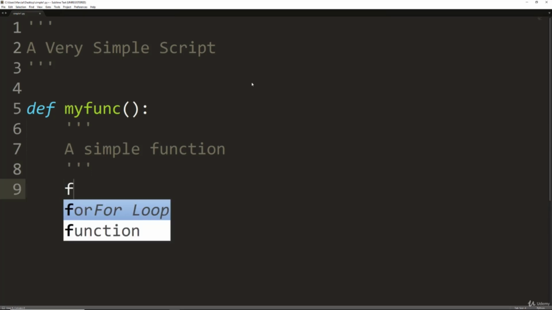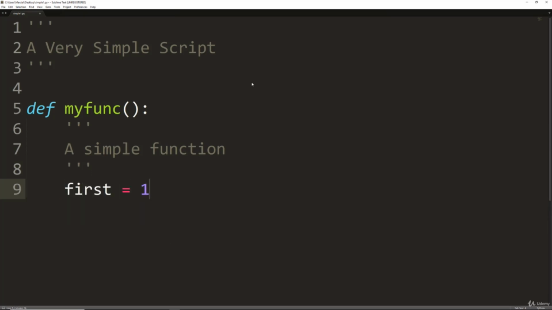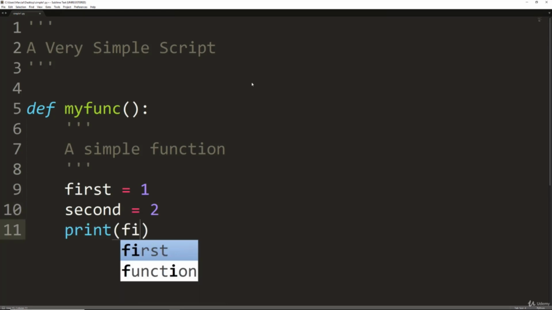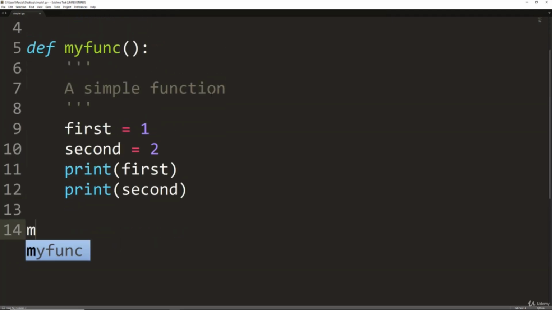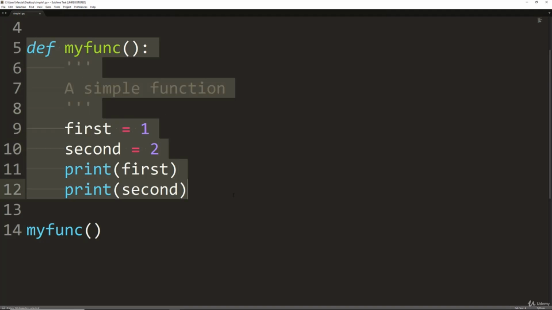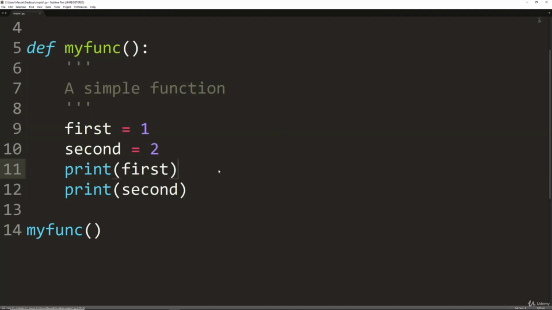And then let's actually create two new variable names. First is equal to 1 and second is equal to 2, because usually you don't want to use just a single letter as a variable name. And then we'll print out first. And then we're going to print out second here. And at the end of this, we're going to actually execute myfunc. So we'll say myfunc, open close parentheses, executed at the bottom. So notice here the indentation. I'm going to save this, and let's run this again in Pylint and see if we were able to improve our score. Again, most likely we won't get a 10 out of 10, but we should see a big jump